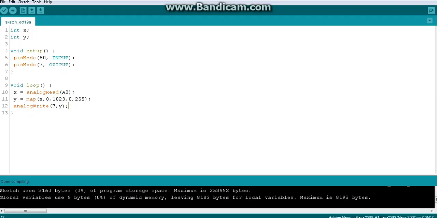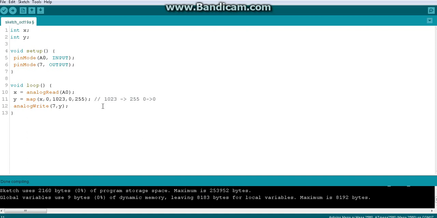So from our code we can see this is very straightforward. If we increase the analog input, that means if the X is increasing, the Y is also increasing, maybe within the range, right? And we are getting the analog output as we expected. All good. Because if we are getting 1023, then the respective Y value will be 255. If the X value is 0, then the respective Y value will be 0.